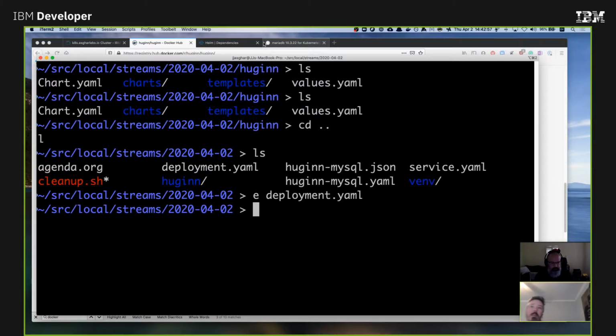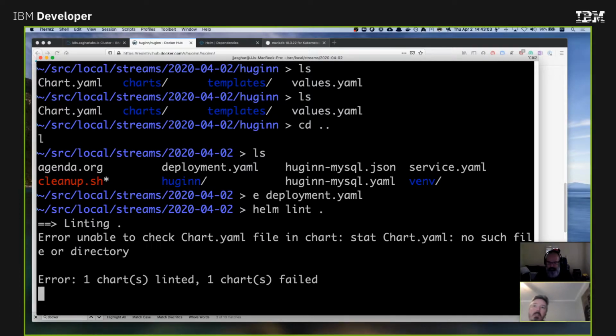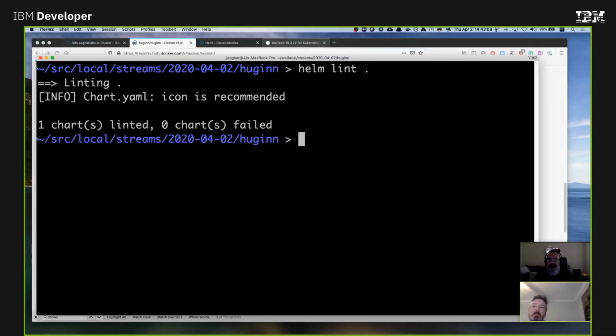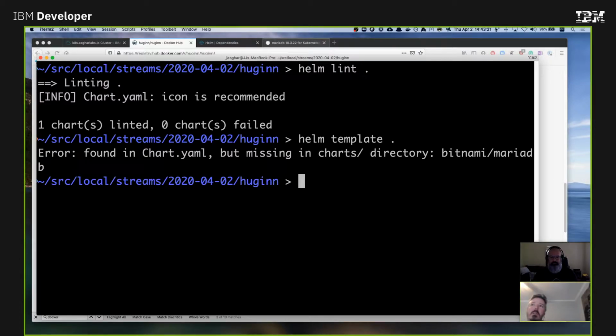All right. Now, if you want to test that you've got a pretty good chance of this working, you can do a couple of things. You can do a helm lint dot. And then you can also do helm template dot. So we declared a dependency, but we need to actually fetch that dependency. So if you do a helm dependency update,